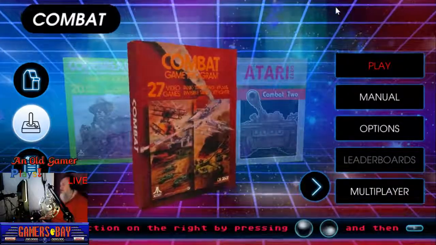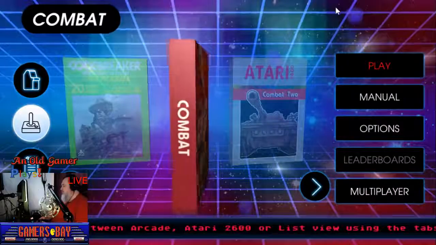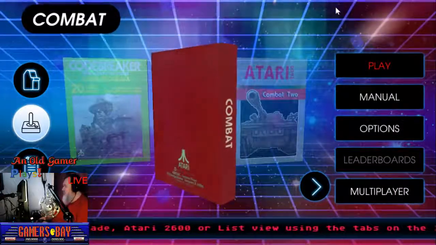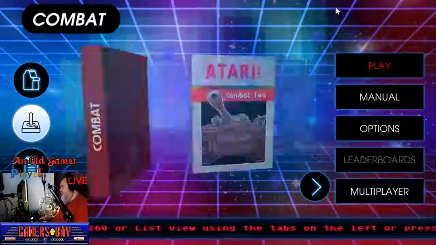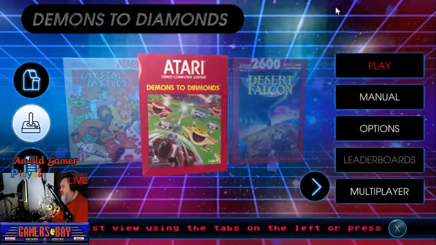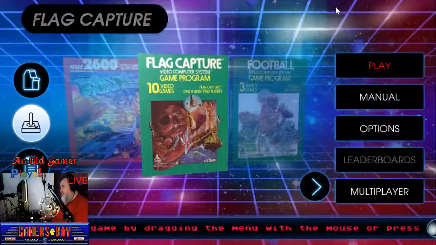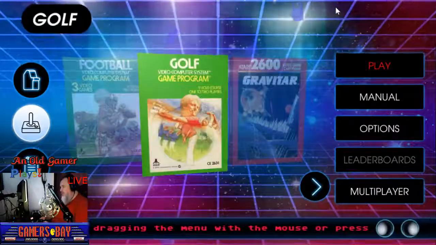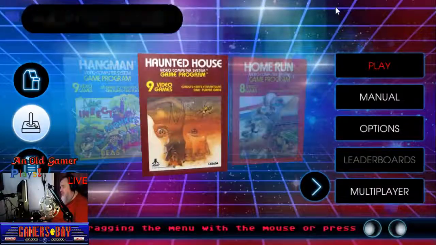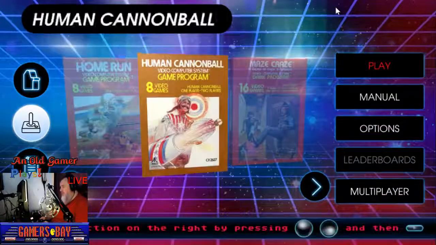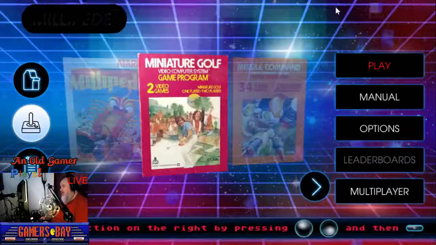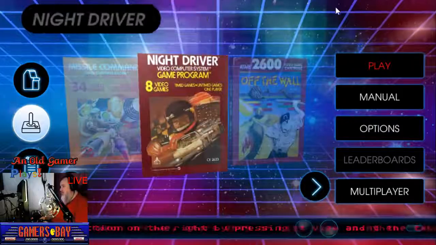So actually there's a lot more games here than there are arcade games. So let's count them all. 1, 2, 3, 4, 5, 6, 7, 8, 9, 10, 11, 12, 13, 14, 15, 16, 17, 18, 19, 20,